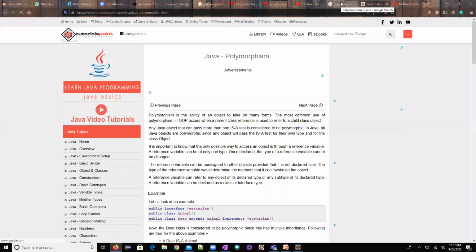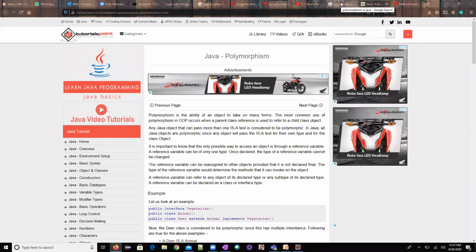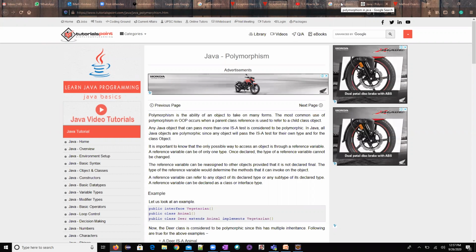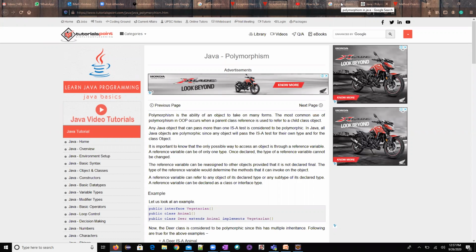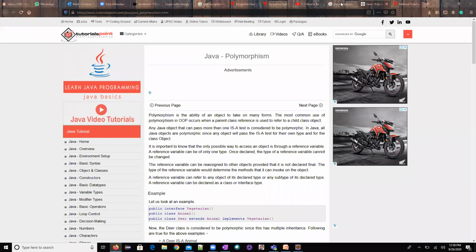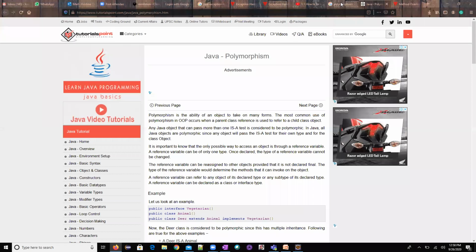You wanted to see a real-time example, that is the example I gave: WebDriver driver equal to new FirefoxDriver. To understand that, we should have much more information on interfaces and the creation of classes. I'll not talk about that now because it might confuse the team too. I'll take runtime and compile time polymorphism in a separate session. But you need to remember one simple pointer. If someone asks what runtime polymorphism is, an example of runtime polymorphism is method overriding, and compile time polymorphism is method overloading. I'll explain that in detail when we talk about the interfaces part.